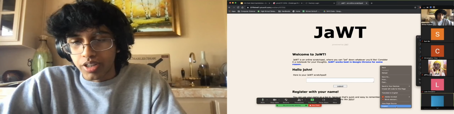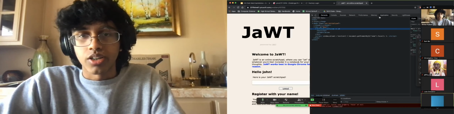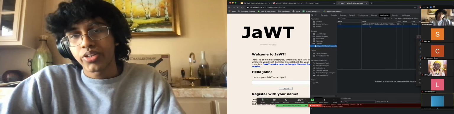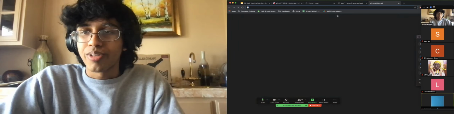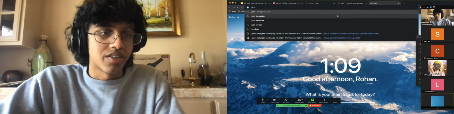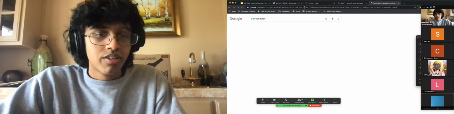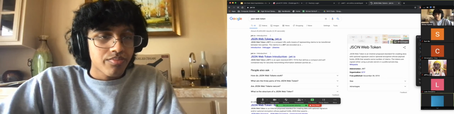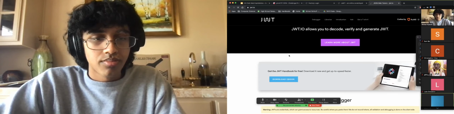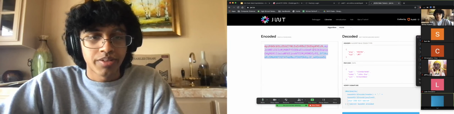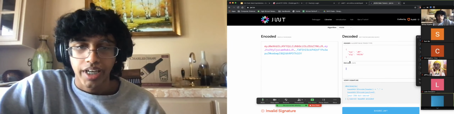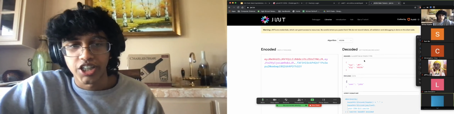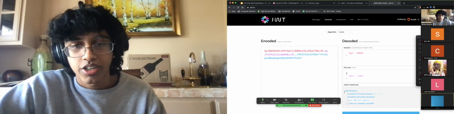If we go to inspect element, we could look at the cookies, and this looks like a bunch of nonsense, right? Like, what are we supposed to do with this? But basically, we could actually go and decode it. JSON web token. Go over here, we put it in, and you can see, right? It basically has our username, and it says that this is a JSON web token, and essentially there's a signature,